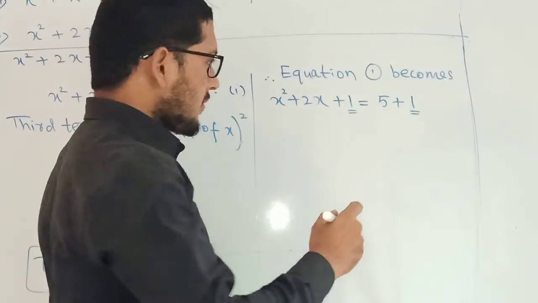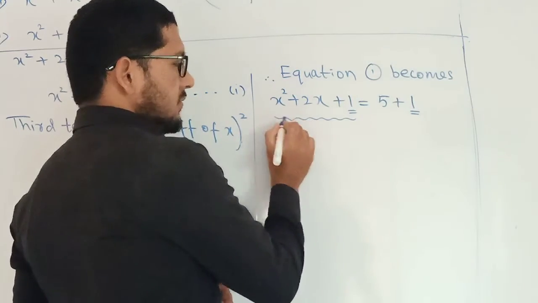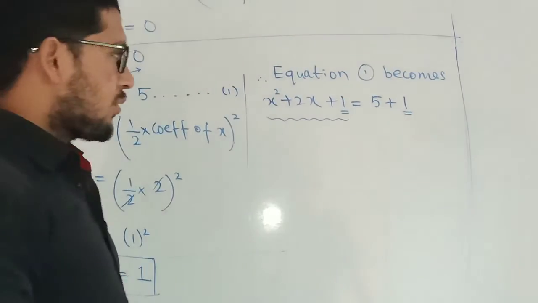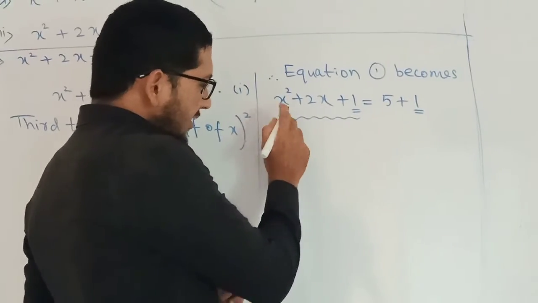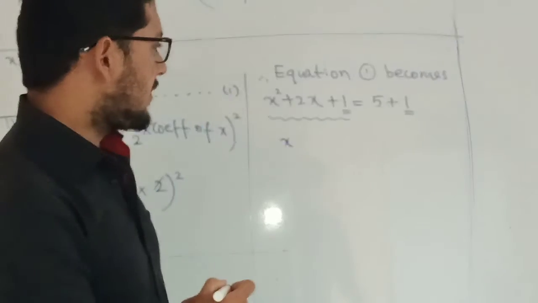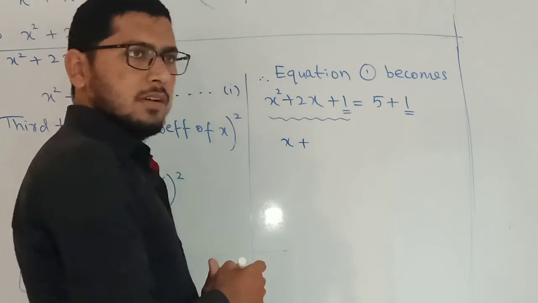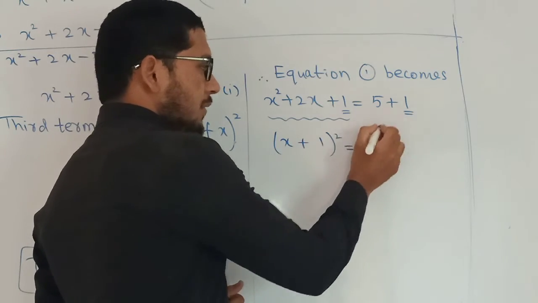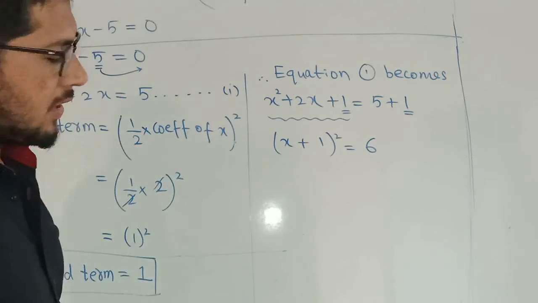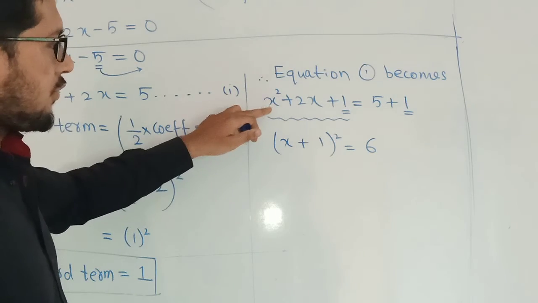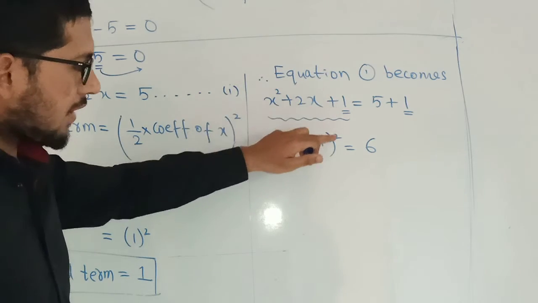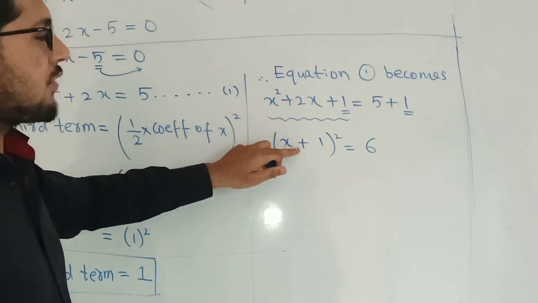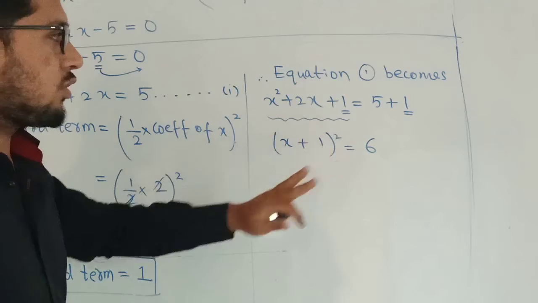After that you can see this is the algebraic expression. We have to convert this algebraic expression into complete square form. So how will you convert this? x square है, x square का square root x. You can see the plus sign will be the same, plus. 1 का square root 1 लिखेंगे. Bracket square is equal to 5 plus 1 is 6. Understood this? What we have done here? We take the square root of the first term, then the square root of the last term, and this first sign. If it is a plus sign, we write plus. If it is a minus sign, we write minus here. So x plus 1 bracket square equal to 6.